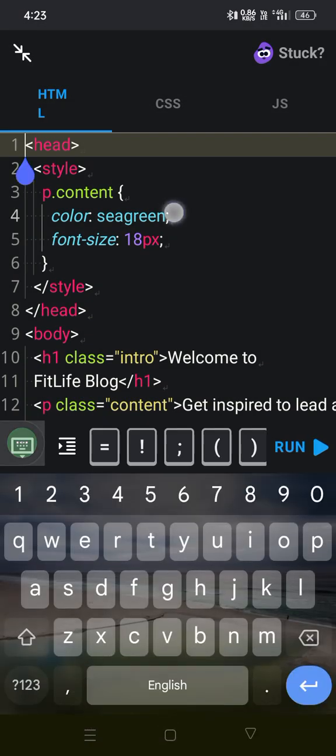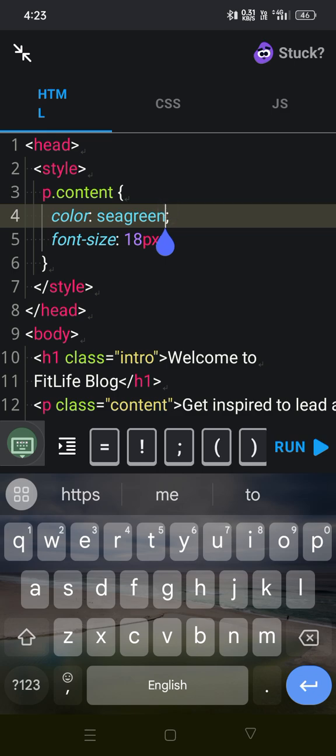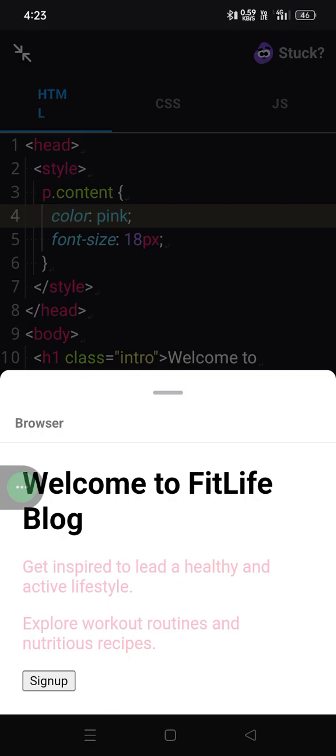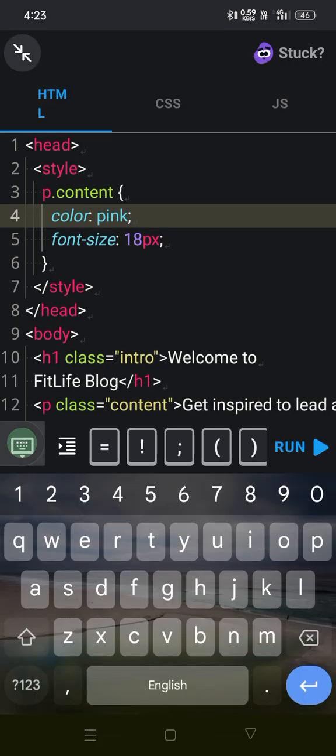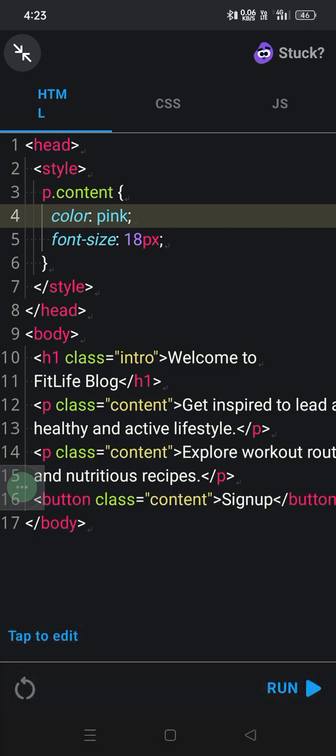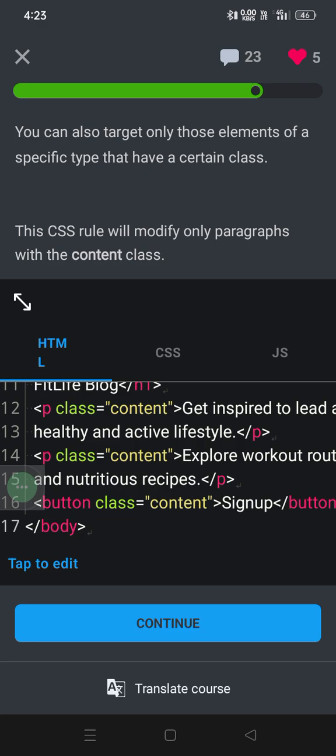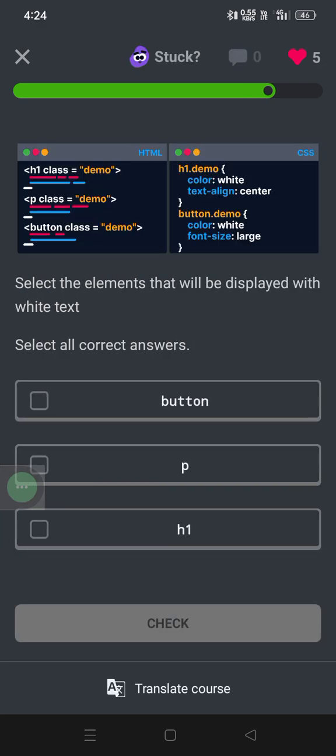If you want, here pink, so both are pink. So this is pink. On the left side, the classes are on different tags with the same attribute, but the styling is h1 dot element and button dot element.